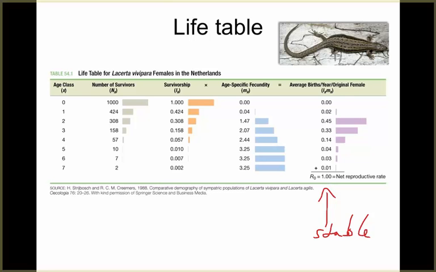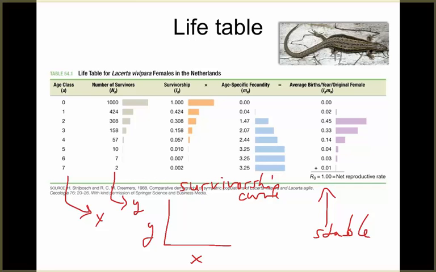Now let's go back and consider the first 2 columns right here. The first column is age class, and the second column is number of survivors. If we plot this as y and this as x on an xy plot, as shown here, then we can see how the number of survivors falls off with age. The name of this kind of graph is called a survivorship